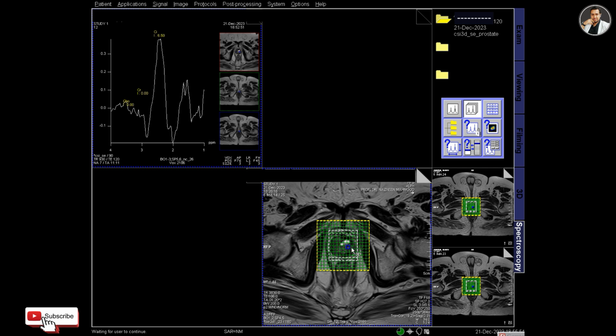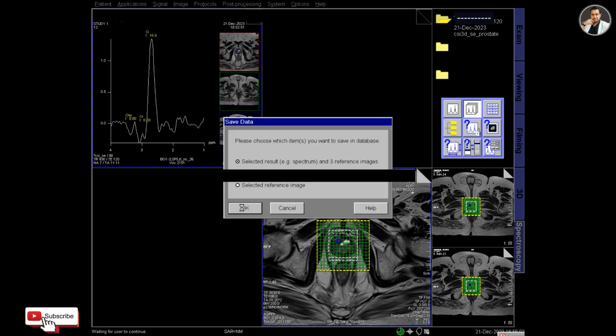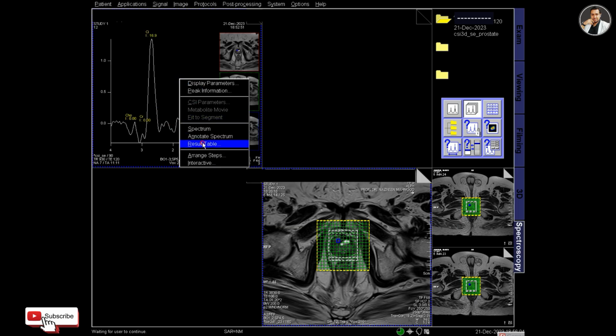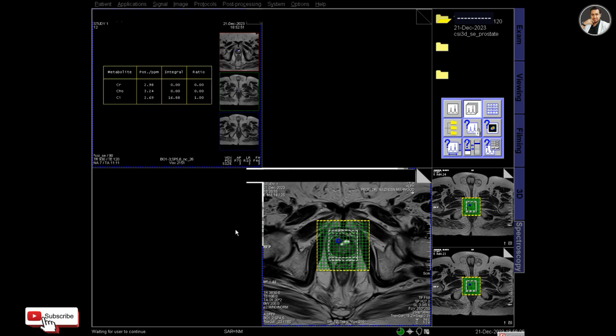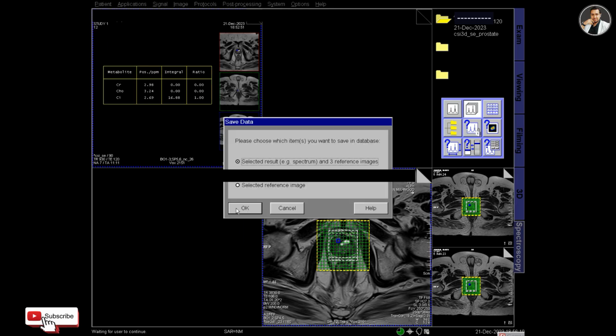And then select another pixel in another area of the prostate, and see the graph where citrate is a peak, and then save the graph, and open the table, and again save the table for this pixel.